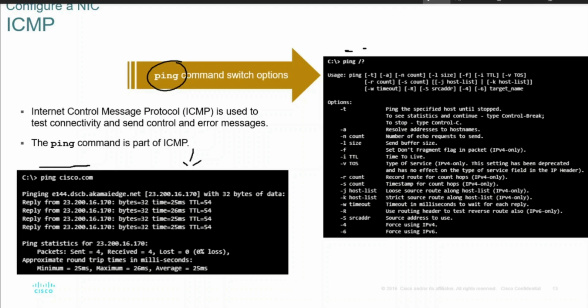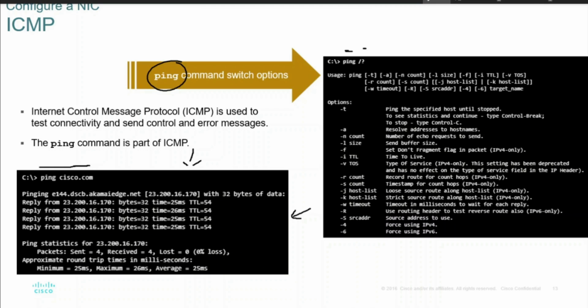If you're getting a reply, it means your system is connected successfully. If you're not getting a reply, it means your system is not connected successfully. So with a reply, connection successful. Without a reply, connection failed. So ping is a command which helps you check the connectivity from one system to another.